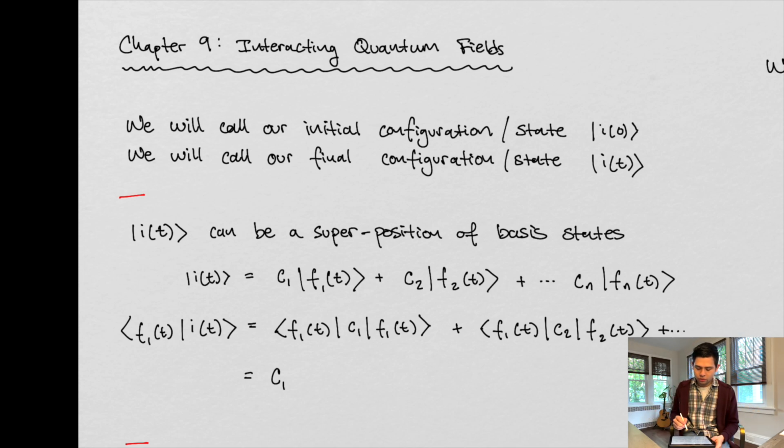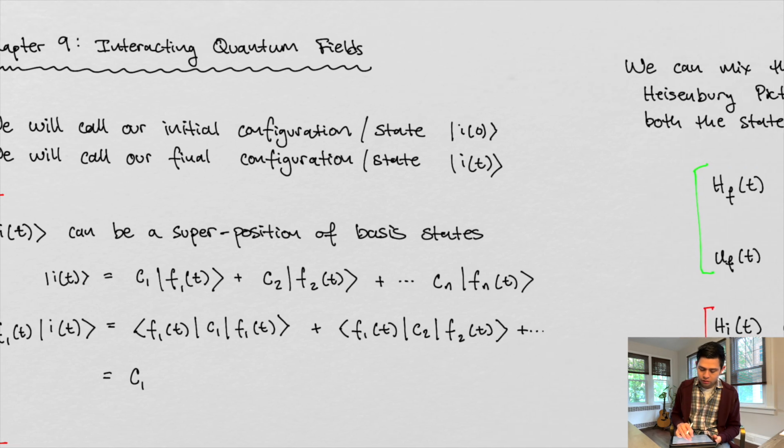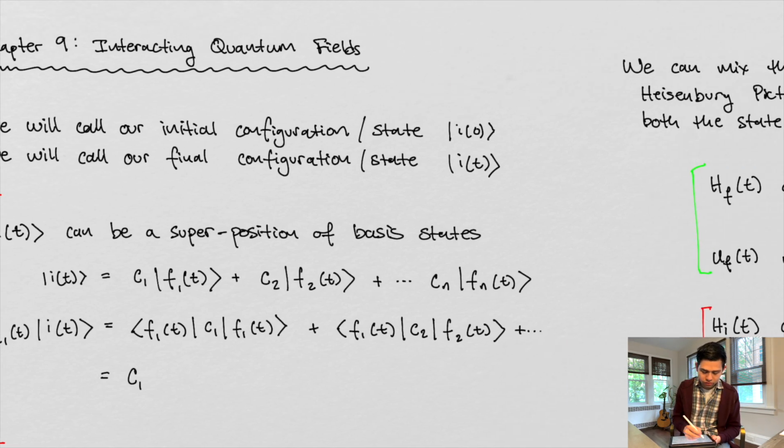We're just going to say we're going to have an initial state or a configuration of particles. And we're also going to have a final configuration of particles. And these are going to be described by these two ket vectors. Now, if you don't remember from quantum mechanics, a ket vector looks like something. There's something in here, right? This is what the vector looks like. It looks like a greater than sign, right, with some stuff in there, and then this line,